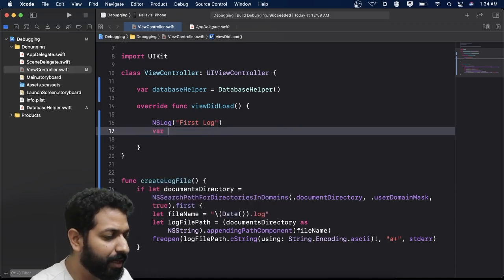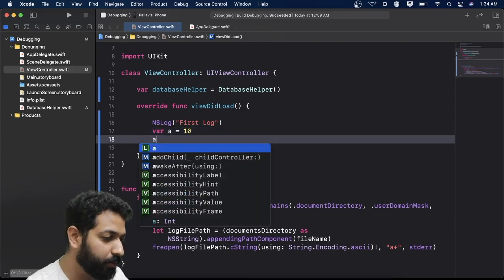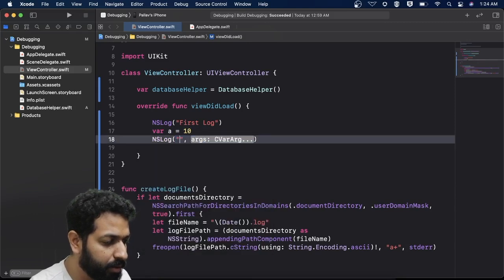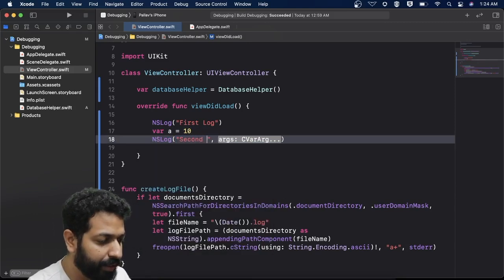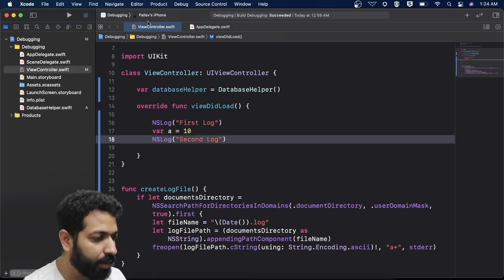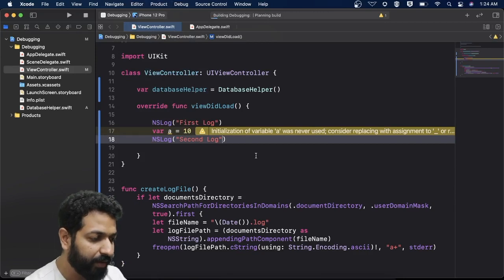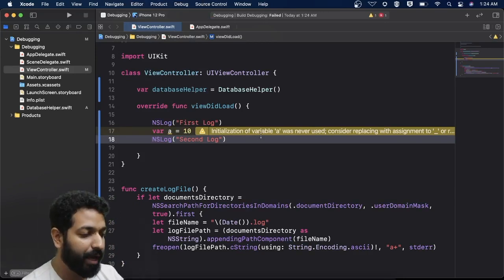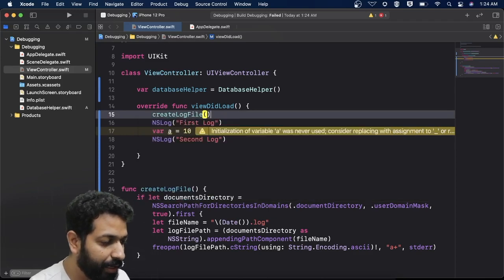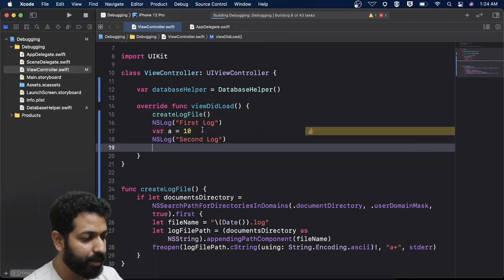Nothing much. Let's say a is equal to 10, or anything that we wanted to do, and then maybe NSLog second log. If I give it a run, my bad, I haven't called this function. So let's first call this function, create log file. And now if I give it a run,